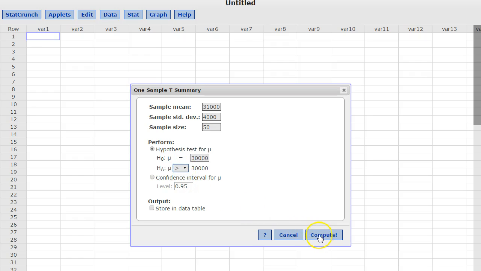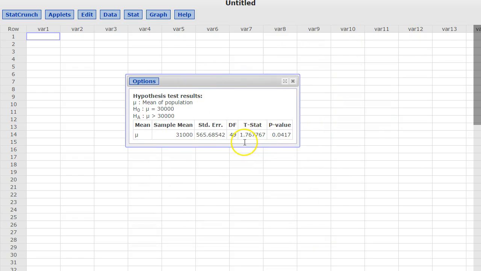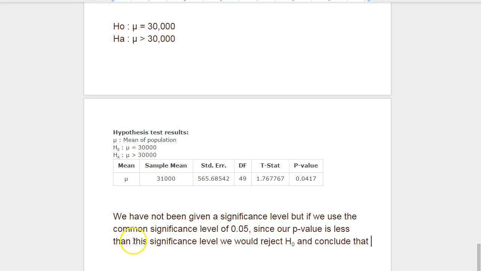And clicking on Compute, we get that the test statistic is 1.77 with rounding and 0.0417 for our p-value. Now, we have not been given a significance level, but if we use the common significance